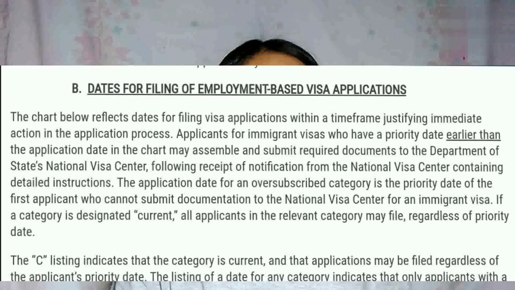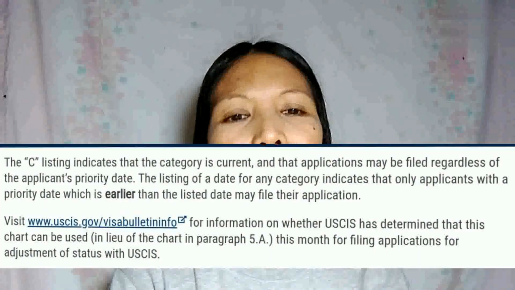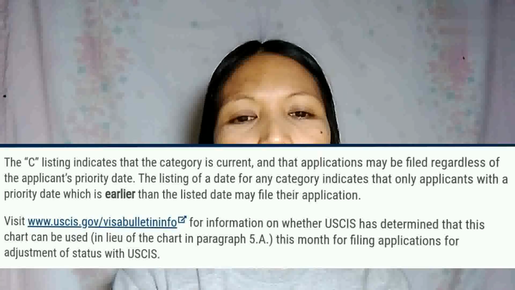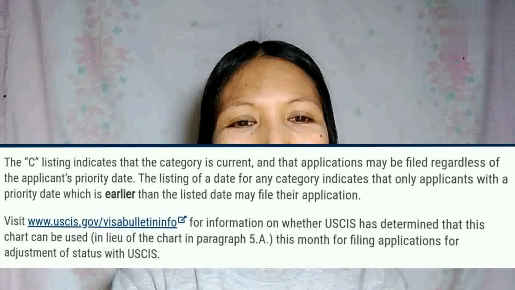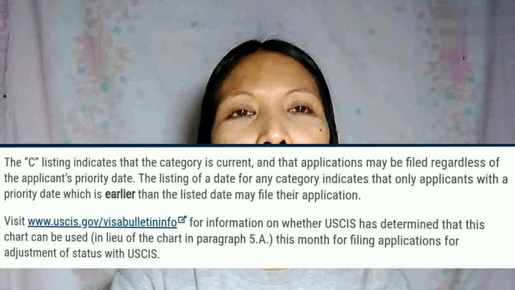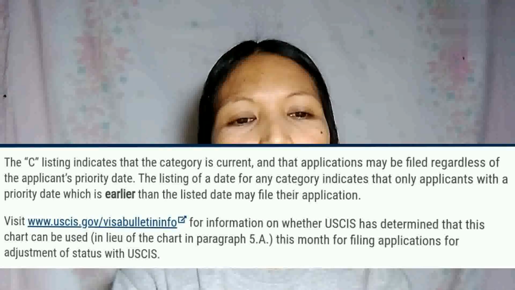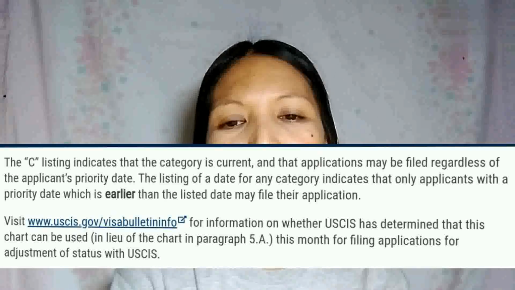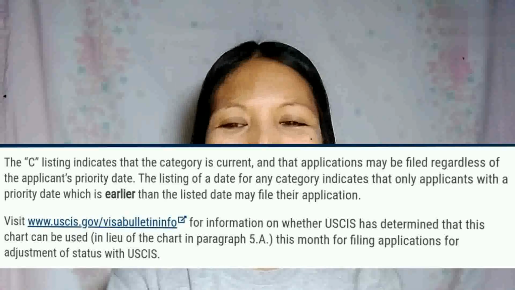If a category is designated current, all applicants in the relevant category may file regardless of priority date. The C listing indicates that the category is current and the applications may be filed regardless of the applicant's priority date. The listing of a date for any category indicates that only applicants with a priority date which is earlier than the listed date may file their applications.